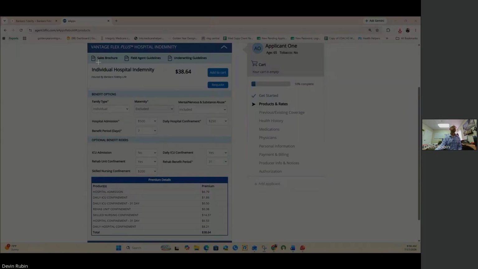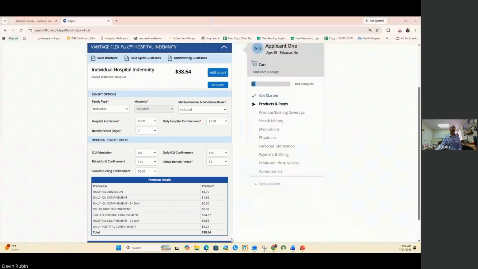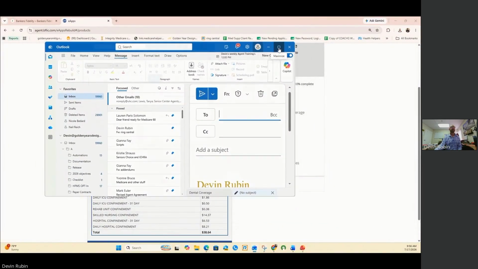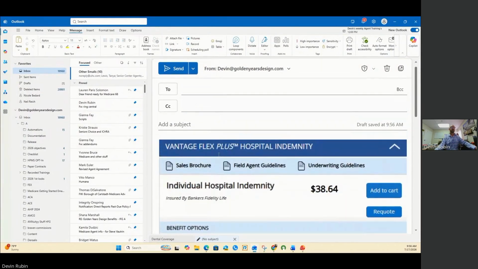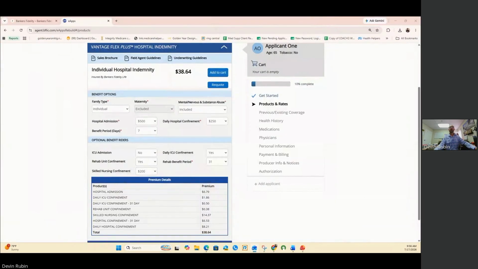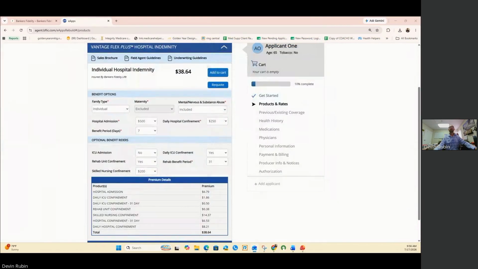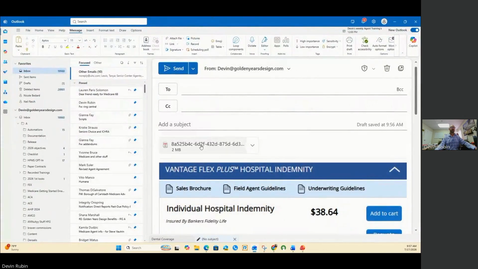I'm going to snip this from the portal, and then I'm simply going to put it into the quote. Then I am going to take the brochure that I just downloaded and add that into the email. So now I have the brochure